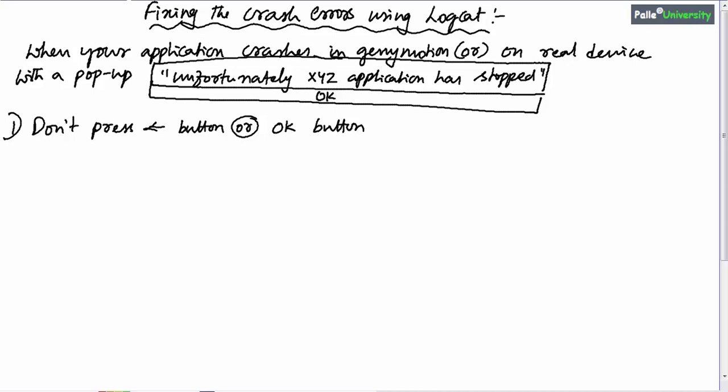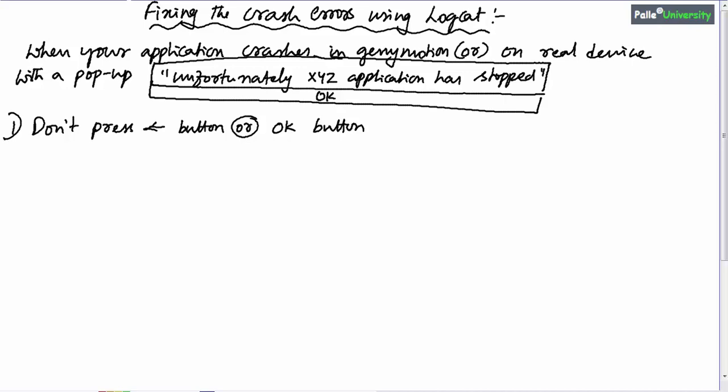There is a high chance that as a programmer, whenever you see such kind of pop-ups, you may start getting afraid and you may immediately press the back button or OK button in a hurry. Don't do that. In case this error occurs in your Genymotion, just minimize Genymotion without clicking the back button or OK button. In case this error occurs on your real phone, keep your phone as it is. Don't unplug your data cable from your phone. Nothing will happen to your phone.